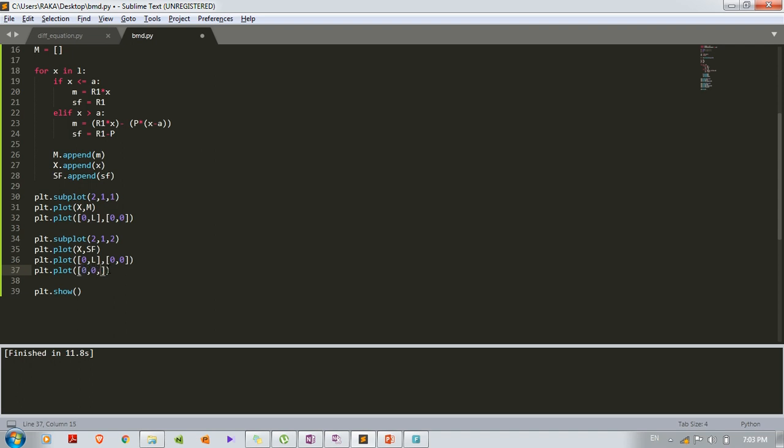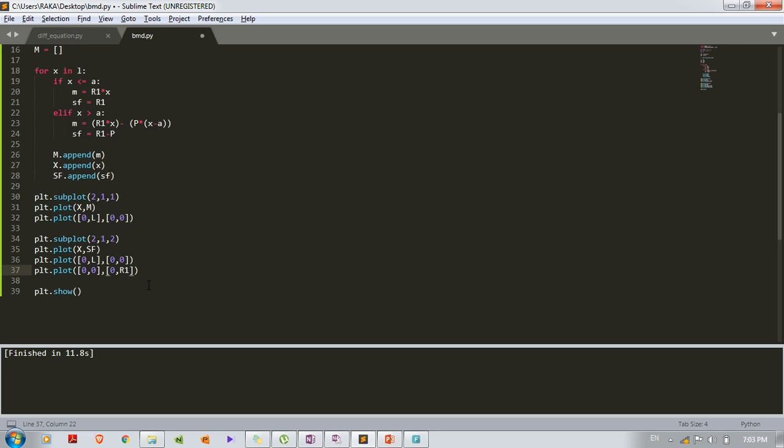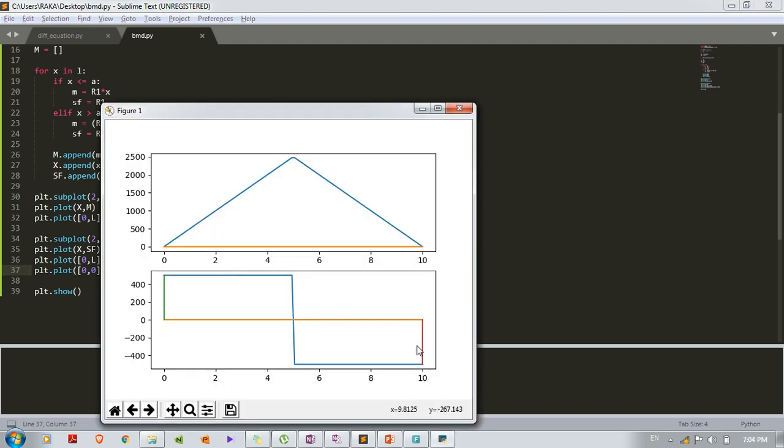So x is 0 comma 0, then y will be 0 comma R1, and for this end x is L, x is L, y is 0, y is minus R2. So here again I will add x is L, L, and y is 0 comma minus R2. Let's see what happens. Again run it. Yes, so it has created.